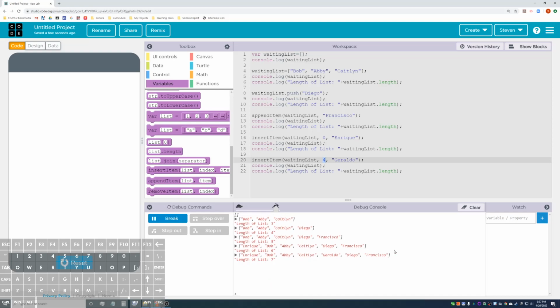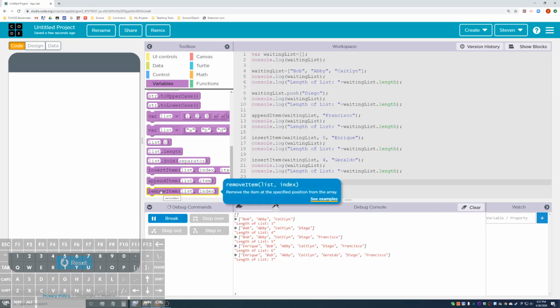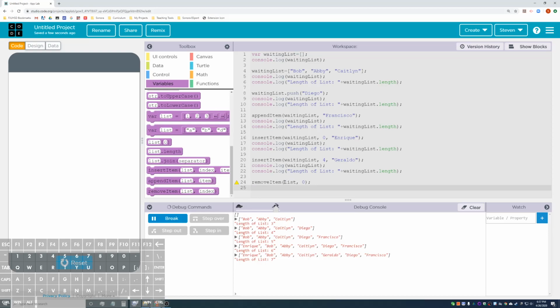Okay, so let's go ahead and teach you guys how to remove people from the list. So if this is a waiting line, right? Obviously, if this is a waiting list, eventually we're going to serve the people at the front of the line. So let's go ahead and remove Enrique. So we have this command here inside of your toolbox called remove item. So we're going to drag it over, and instead of list, we're going to have waiting list